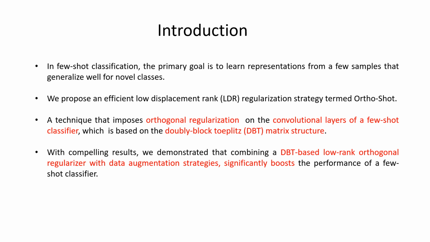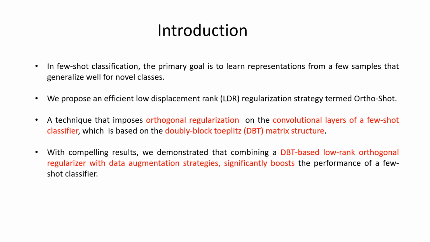Introduction. In few-shot classification, the primary goal is to learn representations from a few samples that generalize well for novel classes. We propose an efficient low displacement rank regularization strategy termed Ortho-Shot. Our technique imposes orthogonal regularization on the convolutional layers of a few-shot classifier, which is based on the doubly-block Toeplitz matrix structure. With comparing results, we demonstrated that a DBT-based low-rank orthogonal regularizer with data augmentation significantly improves the performance